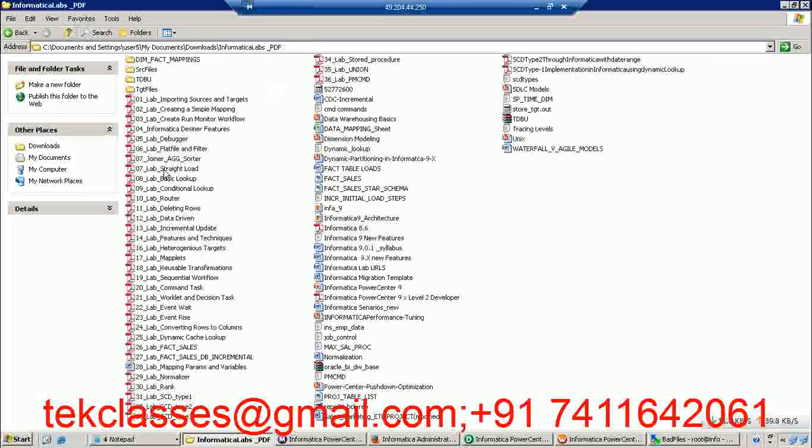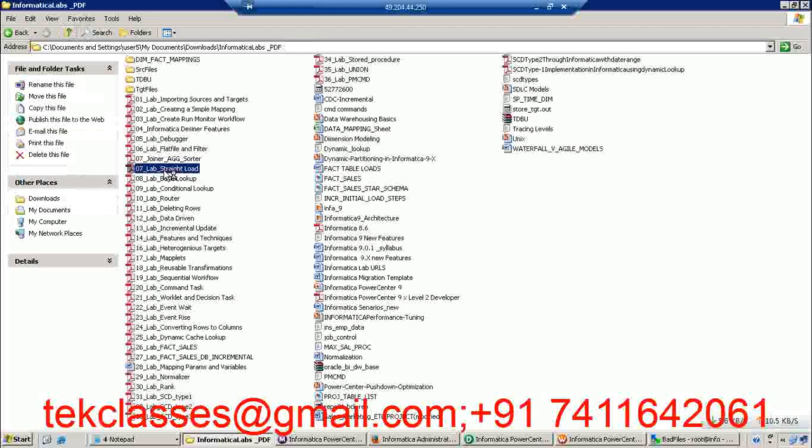When we are going through it, if you want to completely understand the steps that we are doing, you can also keep the lab open on your local machine and go step by step. Since I'm already comfortable with these labs, I might not open the lab documents while explaining the scenarios, but I'll tell you before starting the class which lab we are working on. Now we are working on lab number 7, that is a straight load,